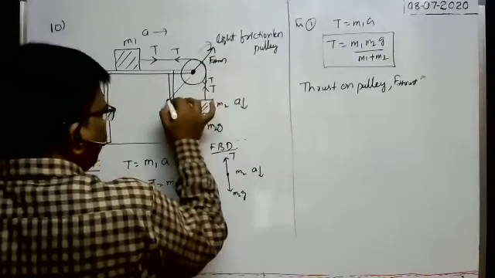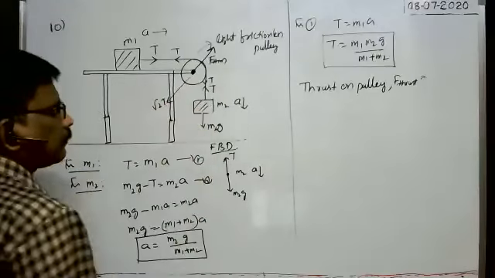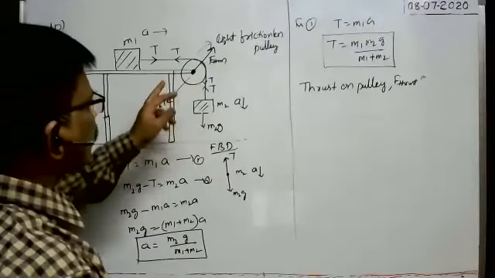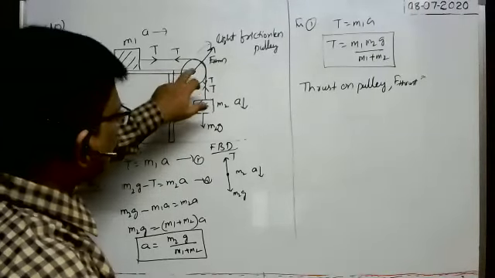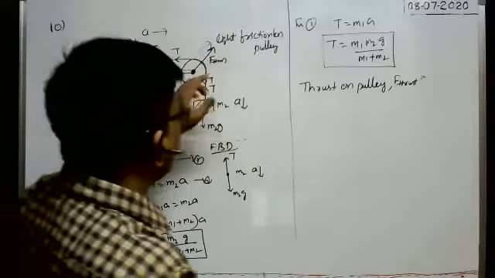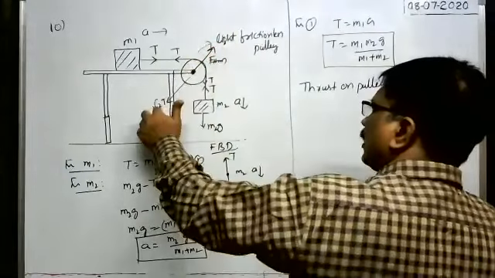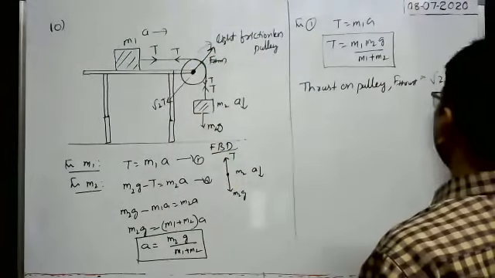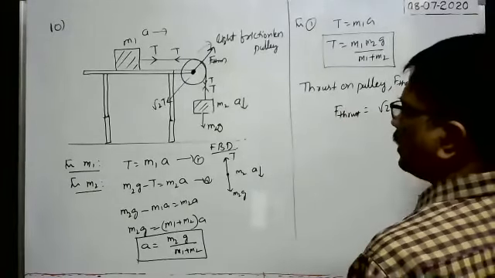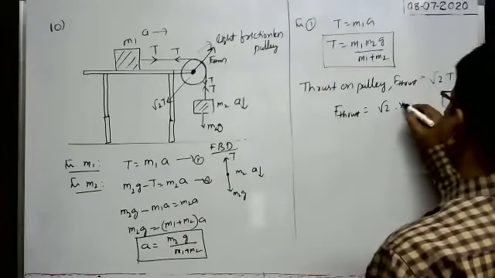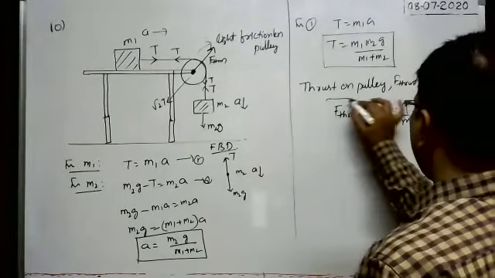F thrust. Here, the resultant of these two tensions is equal to root 2 T because they are perpendicular. When they are perpendicular, the resultant force is equal to the square root of P square plus Q square, that means root of T square plus T square, which is root 2 T. Thrust acts on the pulley in the opposite direction. Therefore, as there is no motion of the pulley along this direction, the thrust on the pulley is equal to root 2 T. So the thrust on the pulley is equal to root 2 into T, the tension, which is M1 M2 g by (M1 plus M2). In this way, we have to calculate.